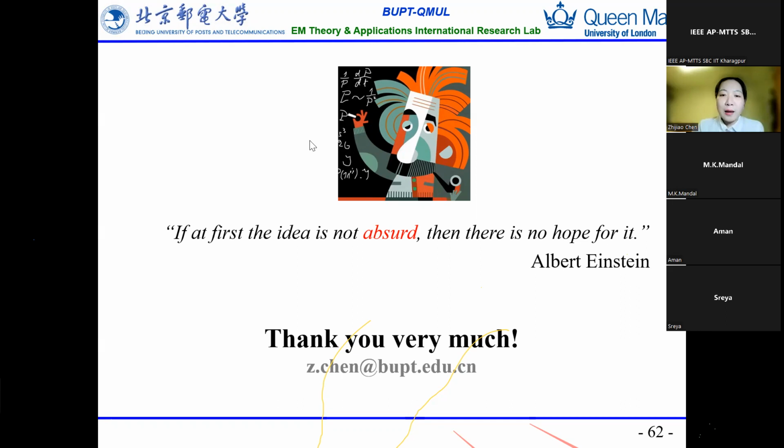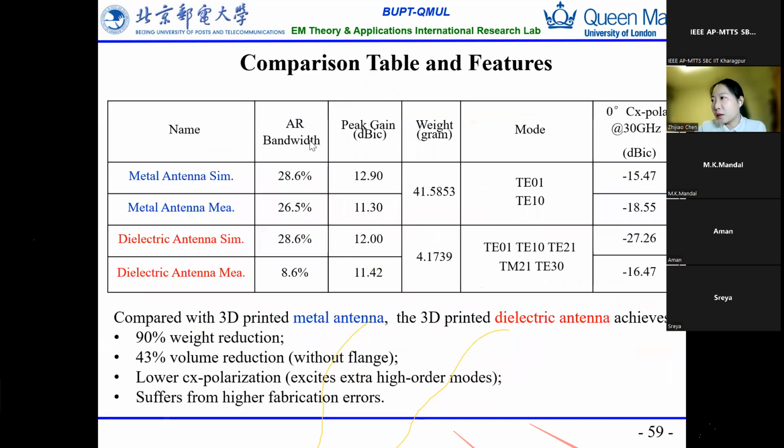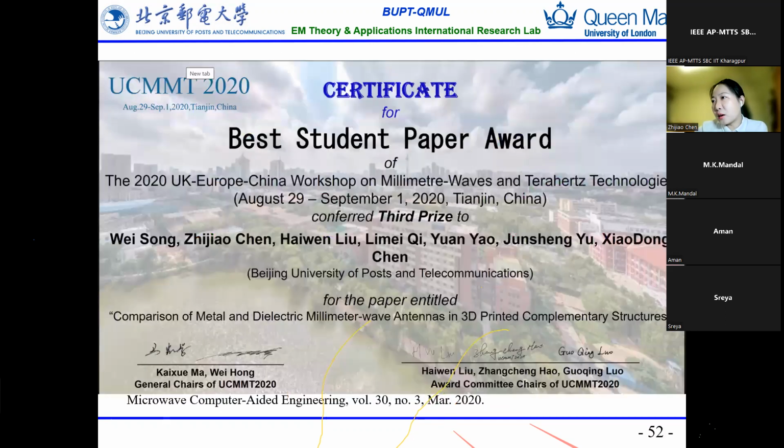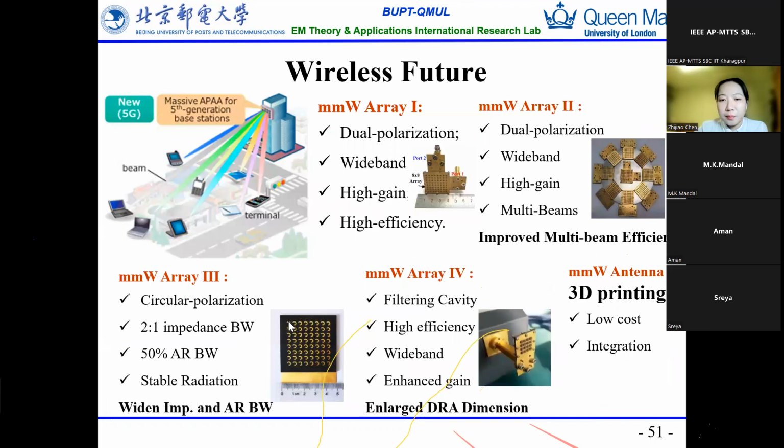Actually, I was thinking about this problem because for this design, the loss is too high, and I was thinking about the reason. I found that the loss includes the radiation loss, the metal loss and the conducting loss. For example, the SIW structure doesn't have the radiation loss because it acts like a waveguide. And for this one,